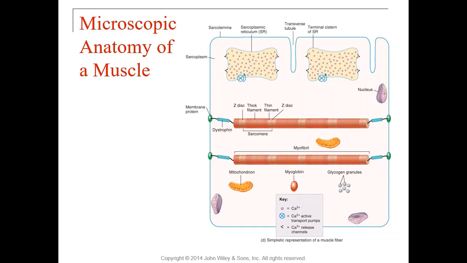What else? There's one more major thing you see inside of the cell. It's what's taking up most of the room. It's these long red rod-like structures in the cartoon. Those are another type of organelle in the muscle cell, and we call it the myofibril. You can see the muscle cell is filled with myofibrils, these long little rod-like structures. And these myofibrils are what we call the contractile organelle, meaning it's the organelle that's going to help you to